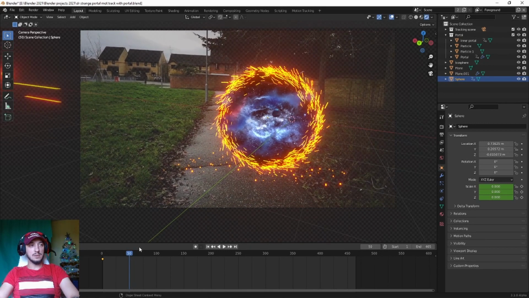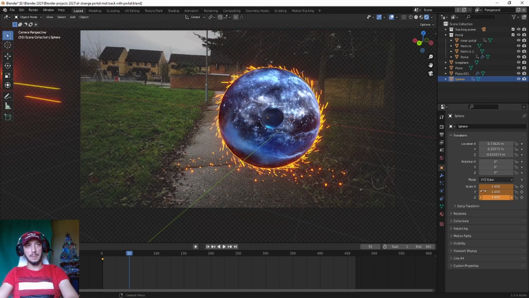We can move this one, and let's put here 1.6. Then this one 1.6, the next one 1.6,